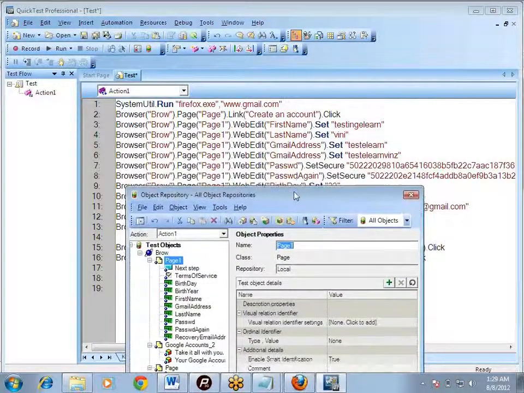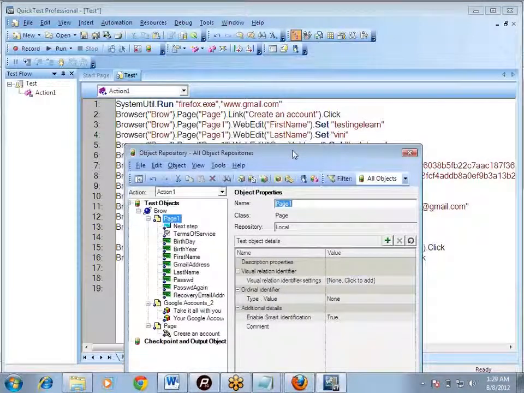Now, one very important question arises: whenever we change the name of the object, does QTP face any difficulty identifying the object in the application? Does QTP face any kind of problem? The answer is no. These names are just the mapping between the expert view and the object repository.